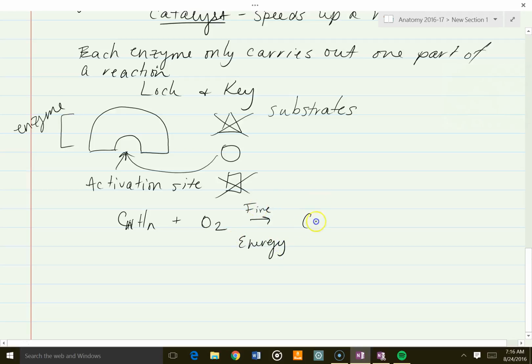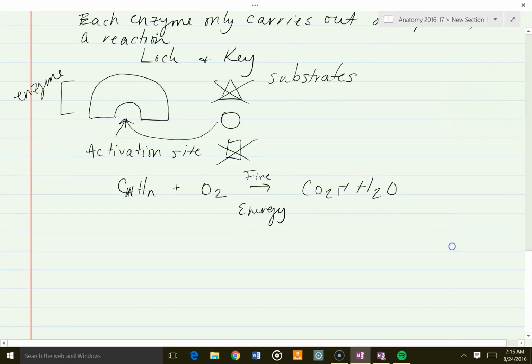Okay, and we're going to get carbon dioxide and water on the other side of it, right? This is our common combustion reaction. You've got some kind of carbon compound reacting with oxygen to make carbon dioxide and water. Okay, so if we say we want this reaction to occur, if we've got our pieces of wood, right, that